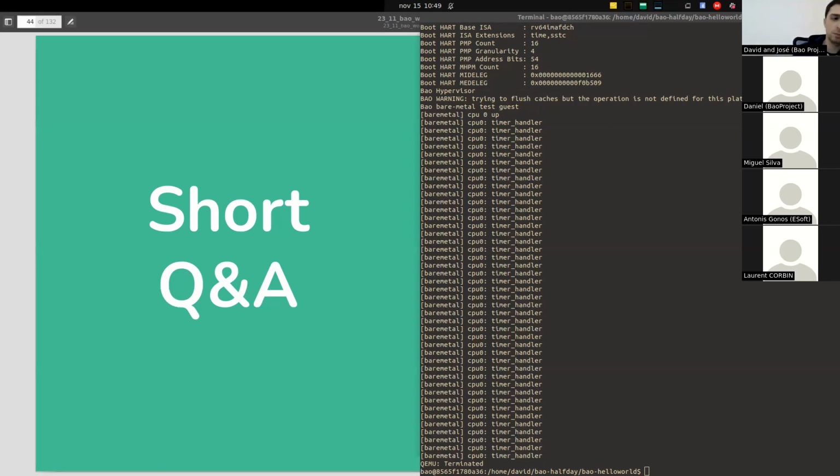Another question is, how does Bao guarantee real-time in contrast to other hypervisors that offer soft real-time, like Xvisor? The way not only Bao, but the static partitioning architecture gives some really good real-time guarantees is that it doesn't do any sharing. So no sharing of the CPUs, which I believe Xvisor does. No sharing of the CPUs and no scheduling. So the CPUs you assign to the guests are always there for them,